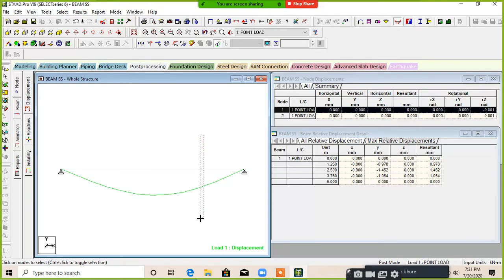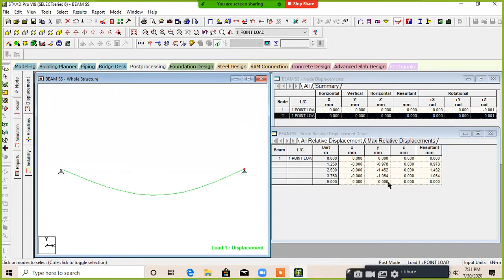At the length of 3.75 meter, the value is 1.04054 mm. At the end of that particular beam, where the length is equal to 5 meter, the value is also 0. What are the resultants? You can see the resultant at the last column.